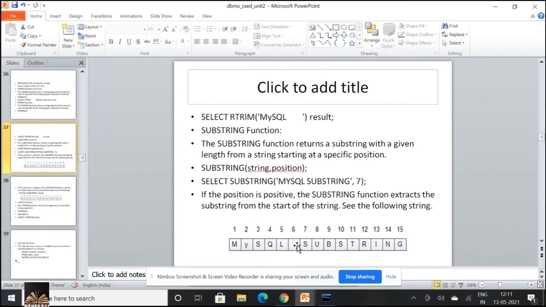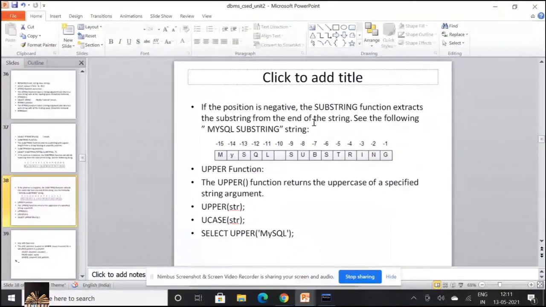That is the reason space is also treated as a character. It has been given a number. So from 7 to the last is the substring. And while you're working with negative, start from the end to the beginning. Again, the same way. So usually we work with only positive values, only the numbering matters.